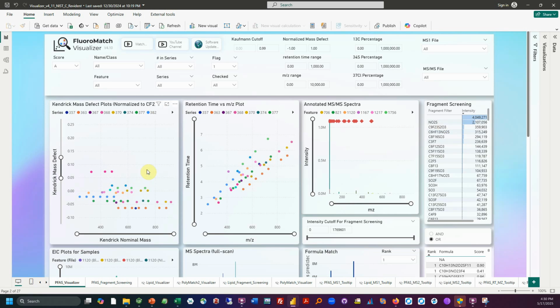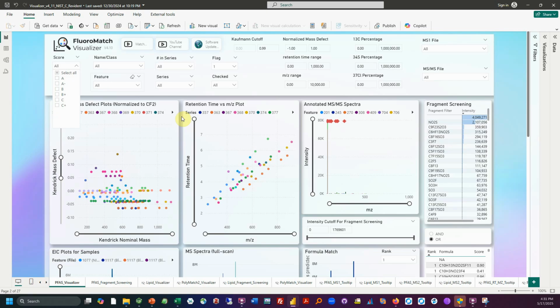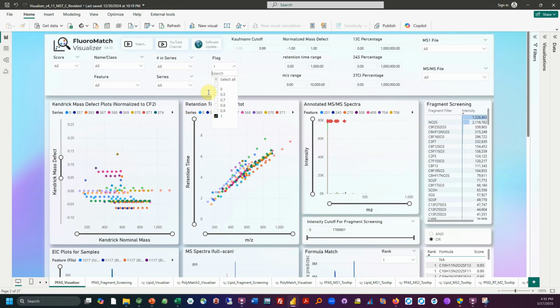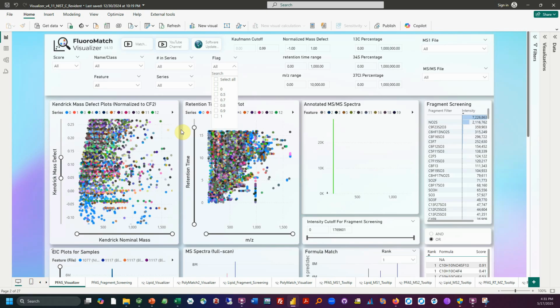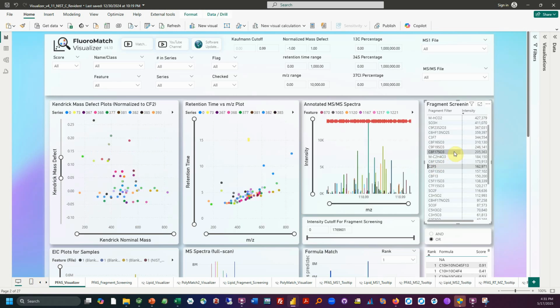Now, there's one other thing you can do with fragmentation, and that's called fragment screening here. So let's say that we look at all of our data, including maybe even unannotated compounds. So we want to look at completely unknowns. So here's all our data. It's like a mess. We can actually say, I want you to give me all of the PFAS that give C2F5. So here I click C2F5,